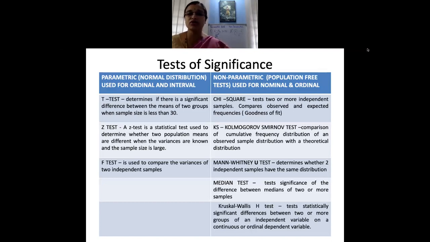We want to find out whether there is a significant difference between the means of two groups. So let us say, for example, I am comparing urban and rural students. I am comparing male and female. So I say that there is a significant difference between the IQ level of male and female students. I say that there is a significant difference of the IQ levels of urban children and rural children. So what am I doing here? I'm having two groups, and for these two groups, I'm trying to find out the significant difference.